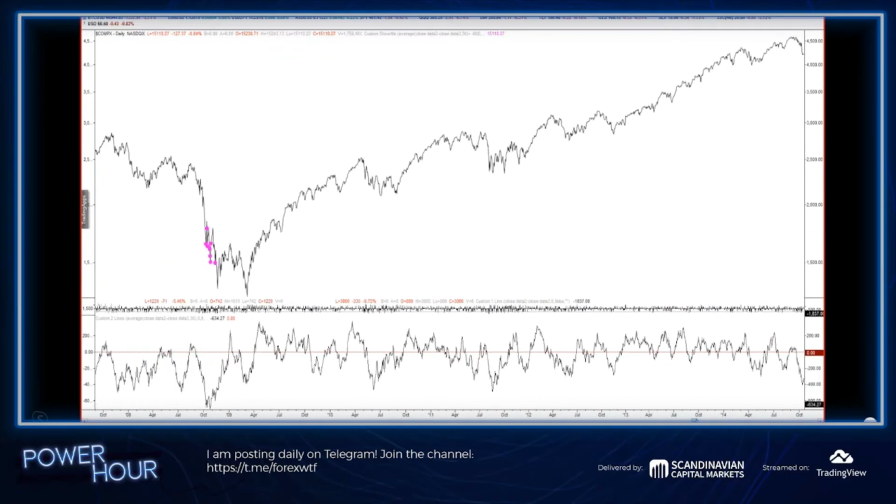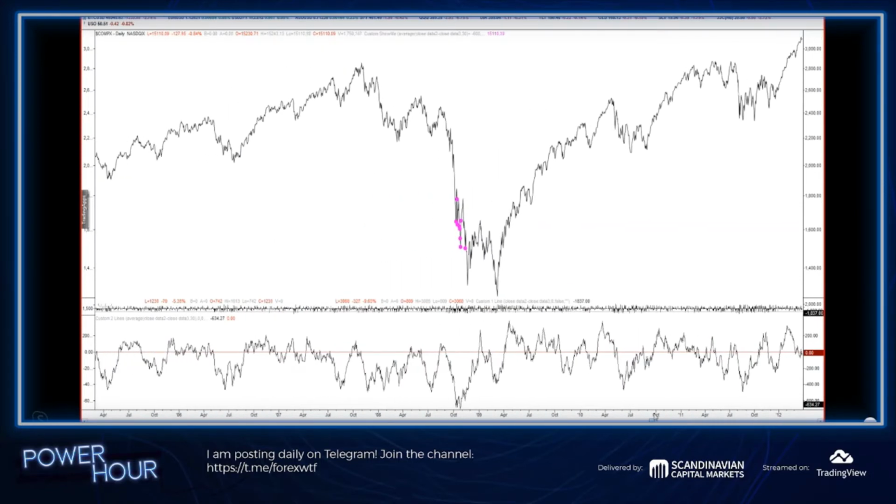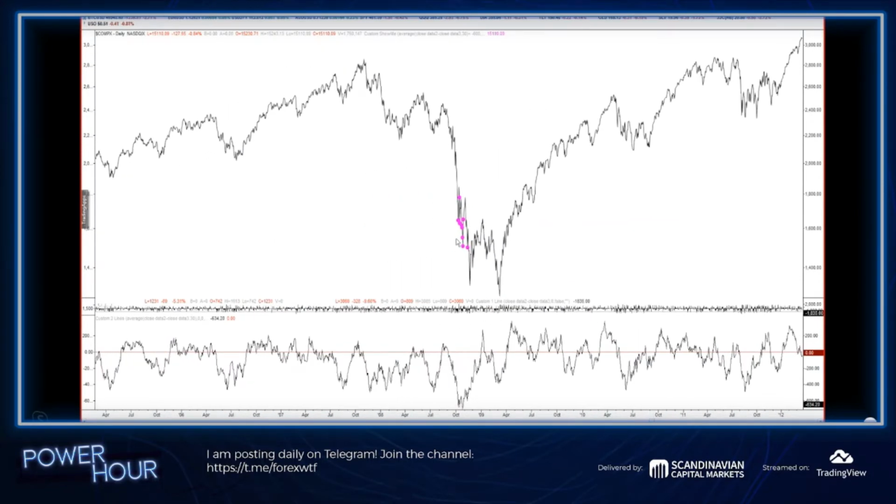Scroll all the way back. We hadn't had any readings like this since the financial crisis. It's kind of wild. October 2008 is the last time we had them. Obviously, that was not a V bottom. We still had extreme volatility, both up and down, to go through. Eventually, you could say it was a very long-term buying opportunity.